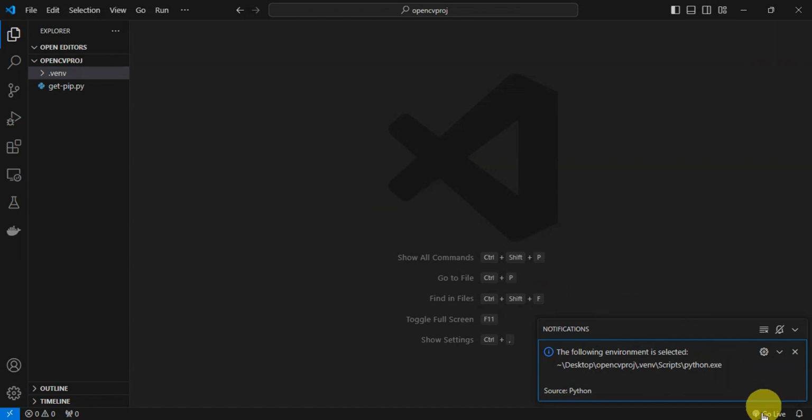So you could verify that one here in the notification. So sometimes this will pop up, or you could simply click on this icon in here to check for notification, and it will go ahead and show in here the current name or version of the selected interpreter. So as you can see, we have here the current environment selected shown,